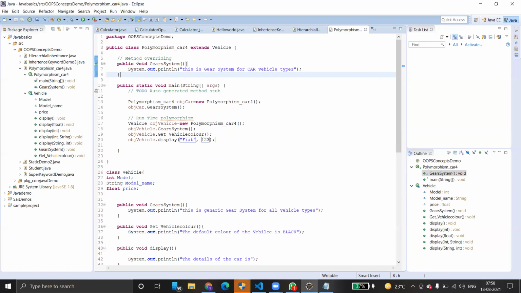So when it's in the same class, if we write the same method with different parameters, then it's overloading. Correct. But if it's in the derived class, then it's overriding. Correct.